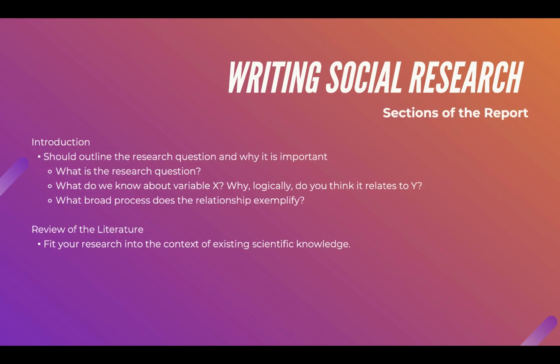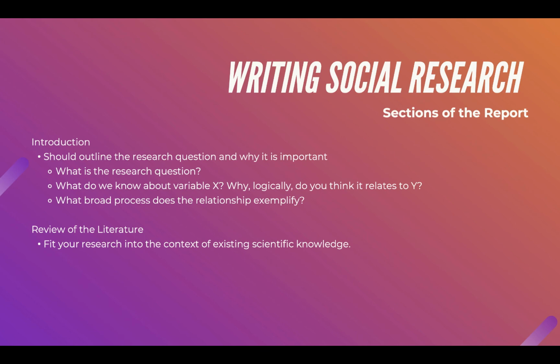When you're writing up the social research, you have various sections of the final report. And the final report could be a journal article, it could be a sort of a research report, like an executive summary or something like that. But they generally have a similar breakdown. So we have introduction, right? You should outline the research question, why it's important. Talk about what the research question is, what do we know about